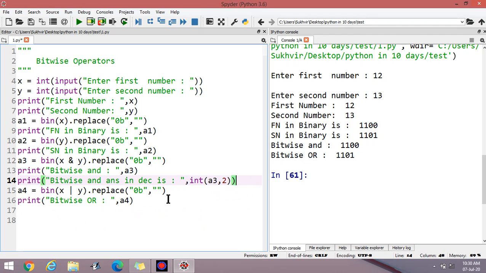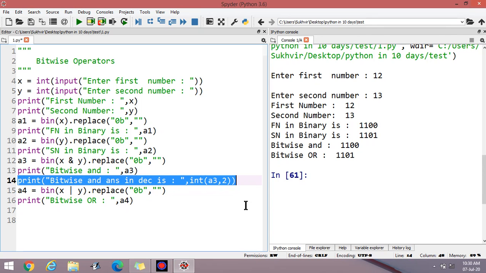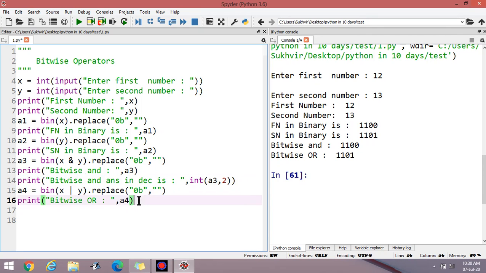Basically this operation becomes easier when we store it in some variable. Now copy this content and paste here. Bitwise OR answer in decimal is, here you can write A4.